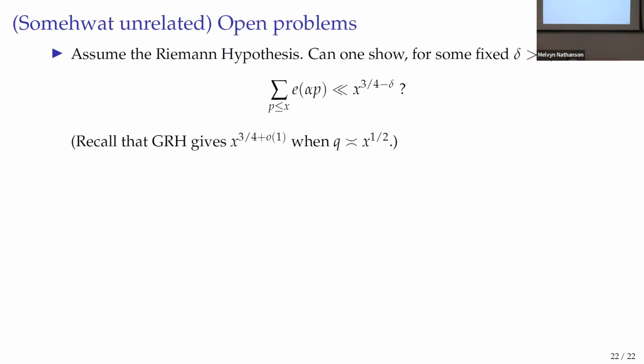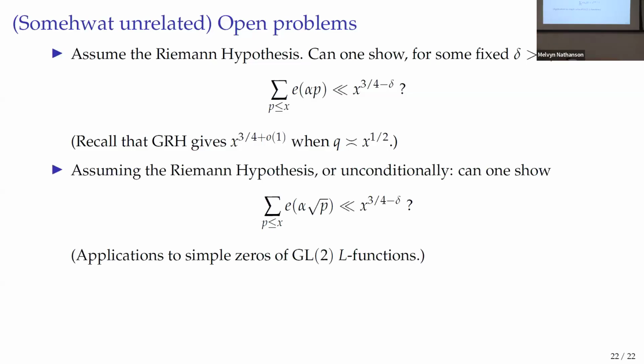Okay, so here are some open problems that I want to advertise, which are unrelated to my main result. One embarrassing thing is that assuming the generalized Riemann hypothesis, the best we can do is 3/4, not 1/2. So getting 3/4 minus delta would be a great result, assuming generalized Riemann. Even more annoying if you look at square root p. For square root p, this is known unconditionally. But this would also be a great result because it would actually establish a positive proportion of simple zeros of GL2 L-functions. This is hard to believe, and it always takes me 1 hour to rederive it, but it's true.